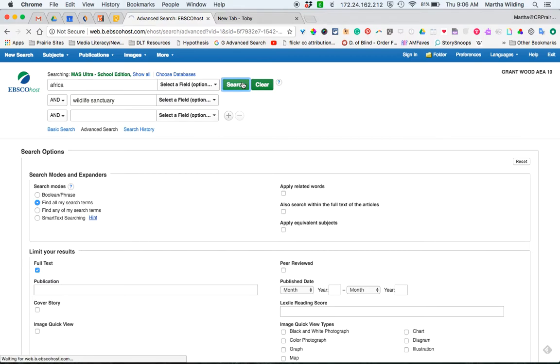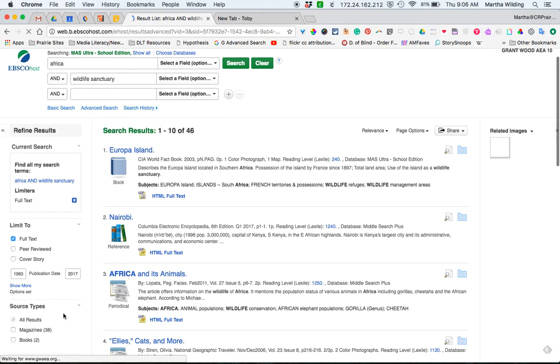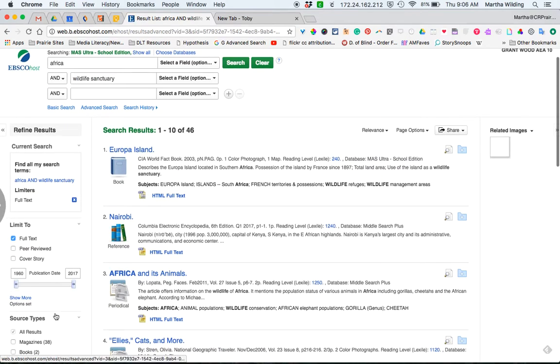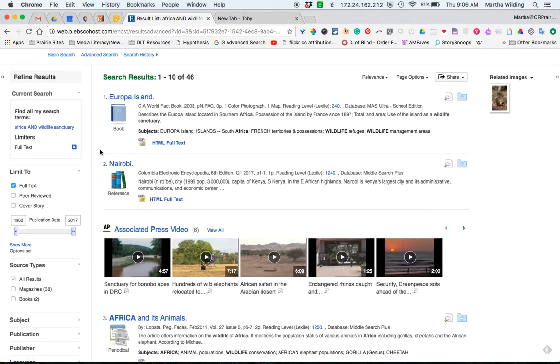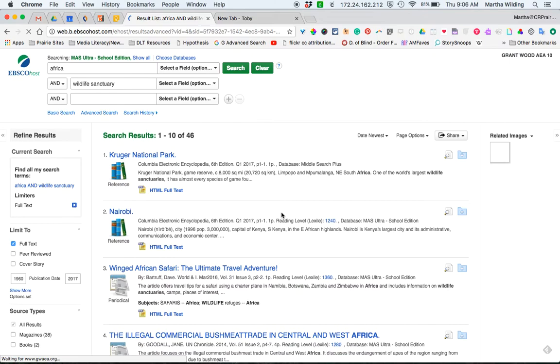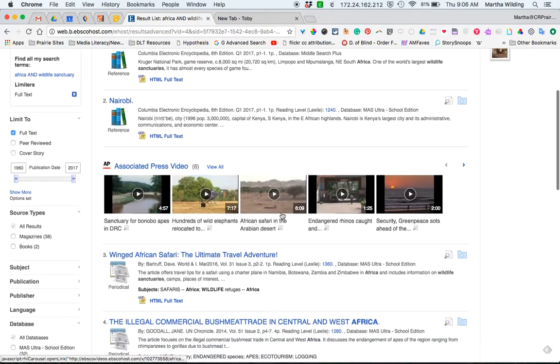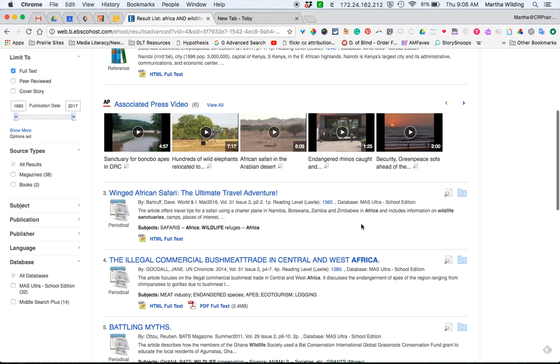And then I'm going to hit search, and it will return a list of articles from different magazines and books. And you can see there are about 46 results. I'm going to sort them so that the newest ones are up at the top because I like to make sure that when I'm doing research, I'm looking at the most up-to-date information. And then I'm just going to scroll down and read the summaries and see if I can find one that